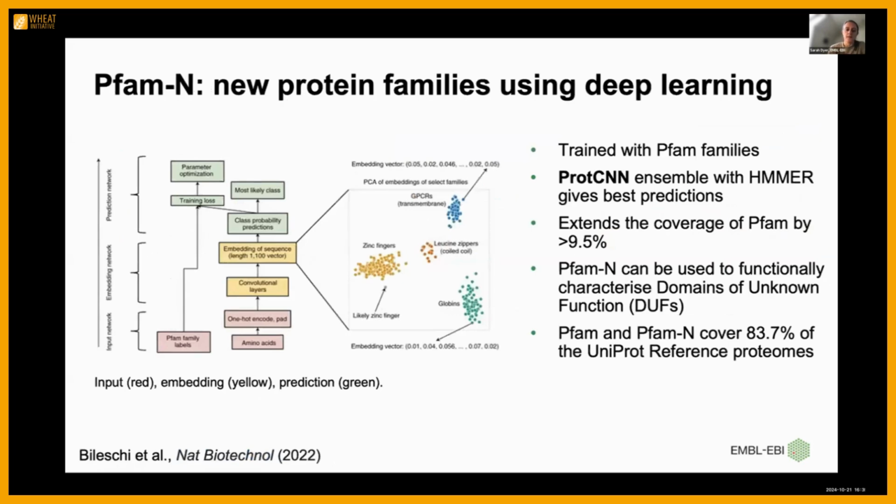But another couple of examples before I finish of different things that they're doing around this kind of functional space. So PFAM now has a new one called PFAM-N. They've taken a neural network, ProtCNN, and trained it with around 17,000 PFAM families. And this trained neural network then can make predictions as to the functionality of the different